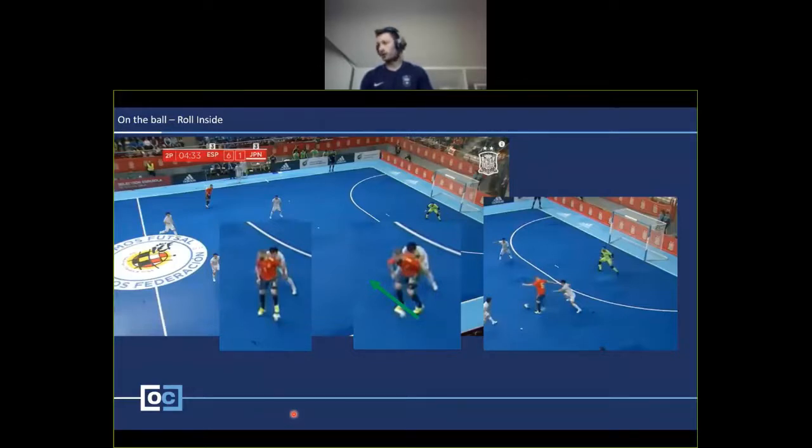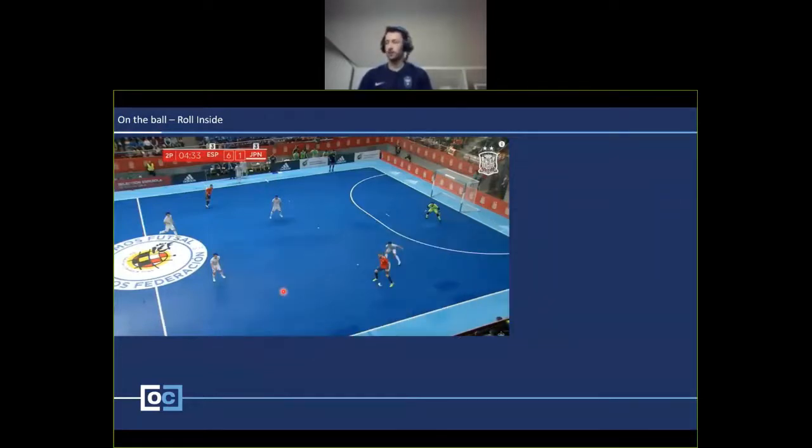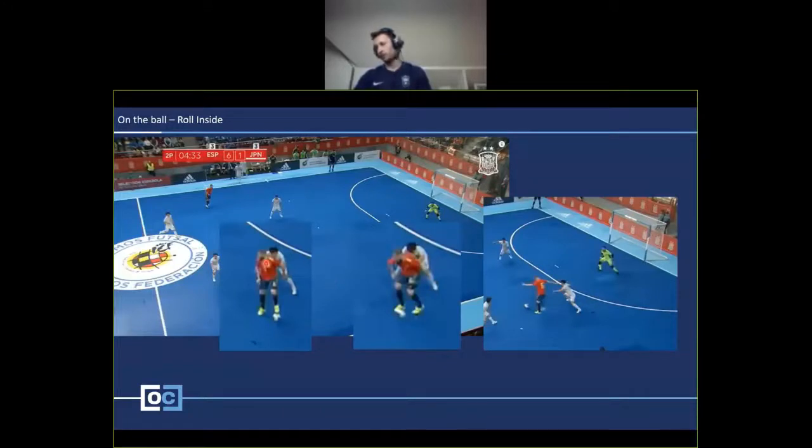I'll come to you in a second, JK. So you can see I've got 3 stills here. I've got the first one. He's now actually taken the distance away from the defender, and he's got him where he wants him to be. He's really close. He's got his hand. He's feeling for him where he knows he's going to be. He's looking to the right. The body position is really interesting here. The way he's situated here, he could be anywhere on the court and he could turn either side.